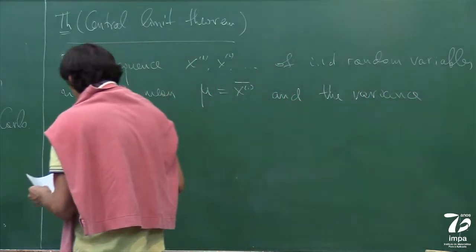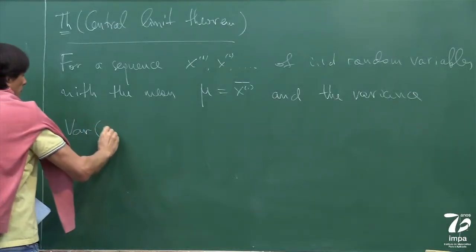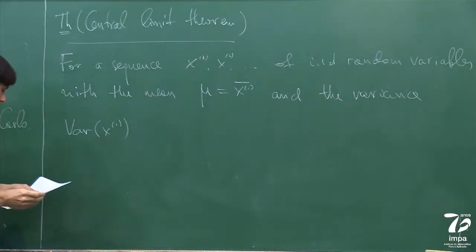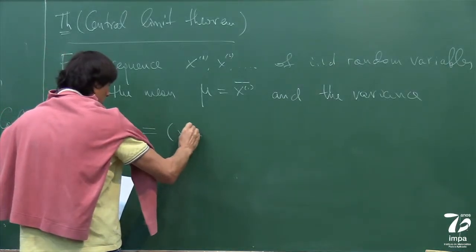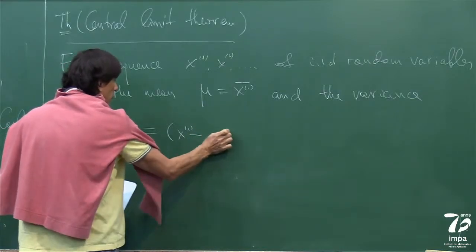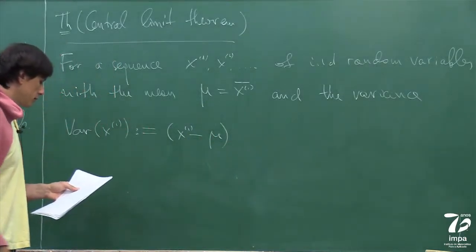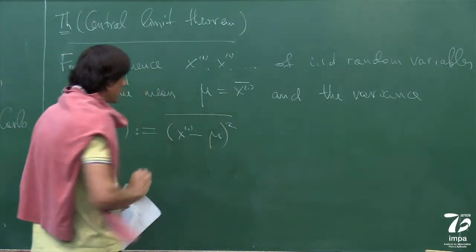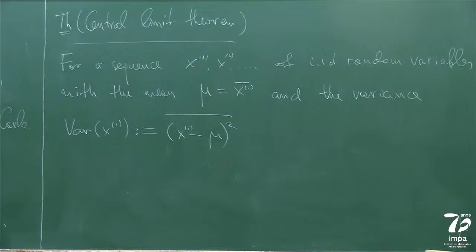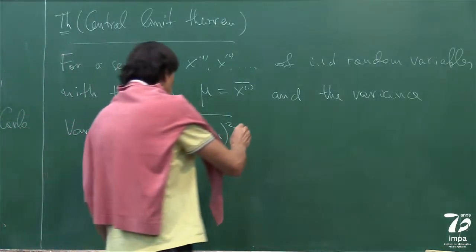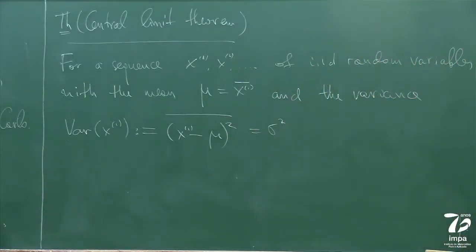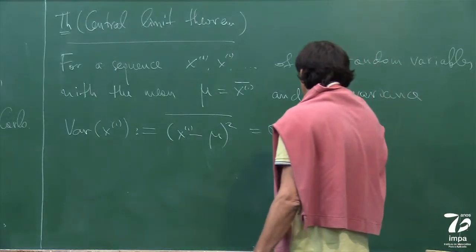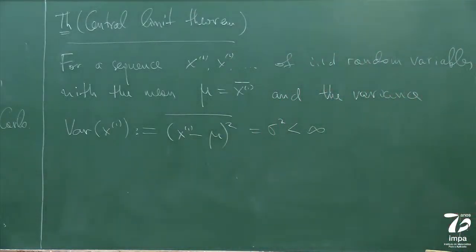Remember variance: by definition, you take the difference between the variable and its mean, square it, and take the mean again. This is the variance. It's usually called sigma squared, so sigma is the square root of the variance. It should be finite. So for a sequence with mean and finite variance,